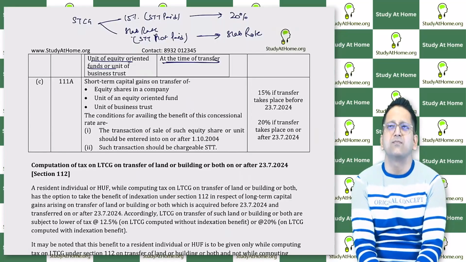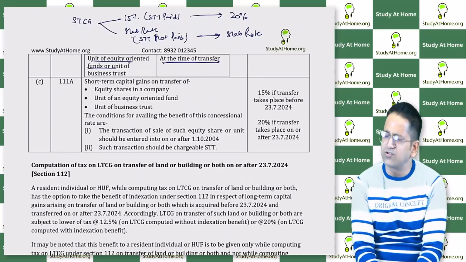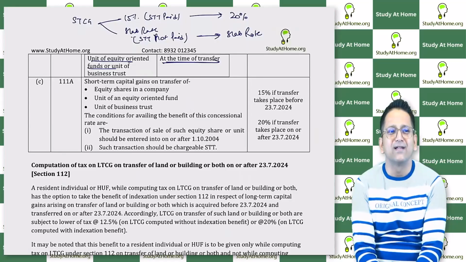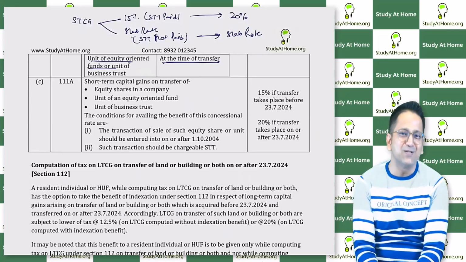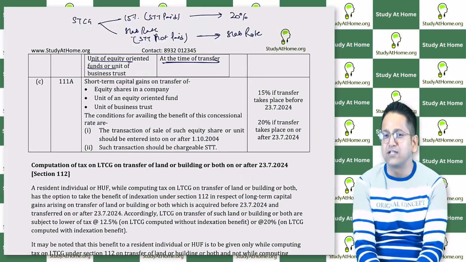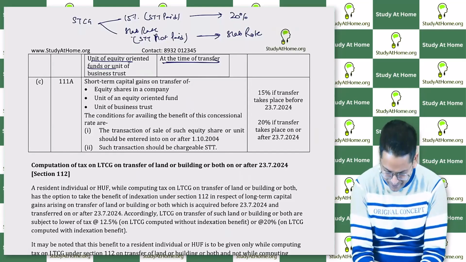In capital gain, there are two rates now: 12.5% for long term, and for short term, it is 20%. Has the government increased or decreased the tax rate? It's increased. 15 became 20. And in long term also it has increased. The one with 10 became 12.5. And wherever the government changed from 20 to 12.5, it removed indexation, right? Ultimately, the tax has been increased.